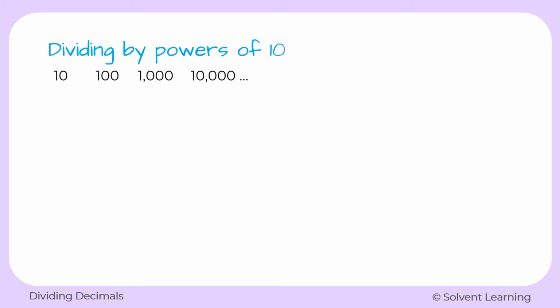Okay. Now when we are dividing by powers of 10, and remember powers of 10 are 10, 100, 1000, 10,000, etc. We can just keep adding zeros to the end to find more powers of 10. Okay. Let's take a look and see if we can find the pattern here. Okay, our first number, we have 1,234.5 divided by 10, which will equal